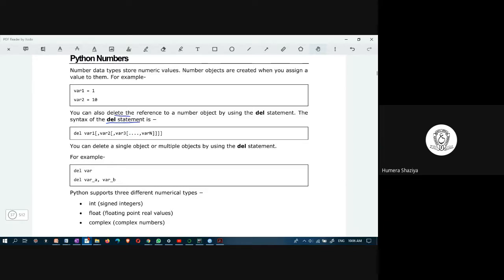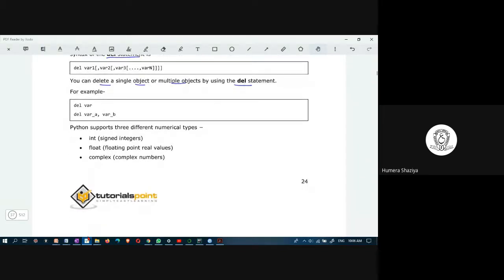And you please observe there is no semicolon at the end of the line. Python does not require semicolon at the end of the line. And a single object or multiple objects can be deleted using del statement. Here example is del var, del var underscore a, var underscore b. Here you are deleting one single variable. Here you are deleting two variables.